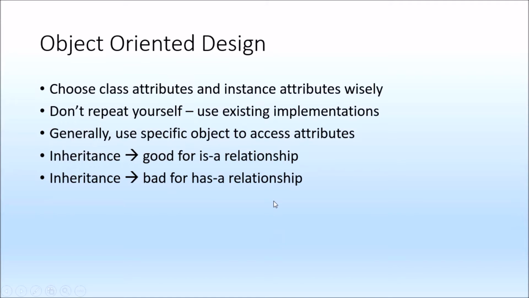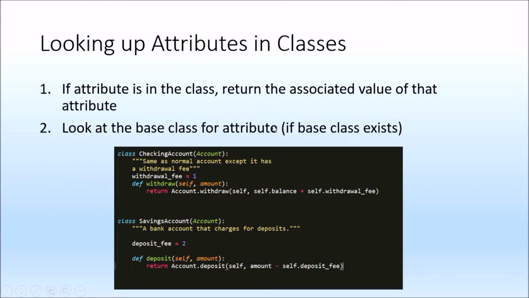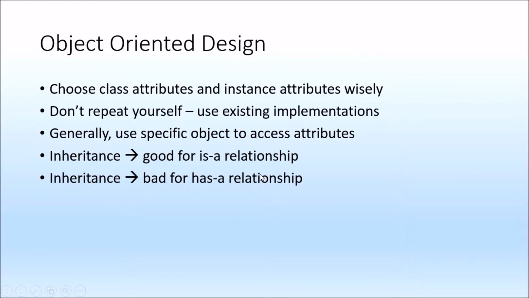So this is just a general paradigm of how we do this. In general, you always want to use the object over the class. In some specific cases, we might want to use the class because, in this example, I needed to use the class because I couldn't use the object to get the method. So there are specific cases where you could use the class, but generally, you want to use the specific object